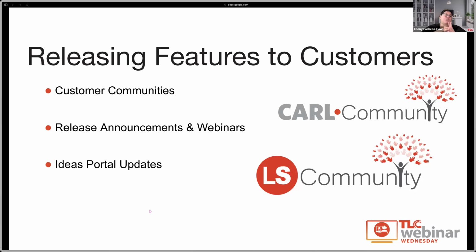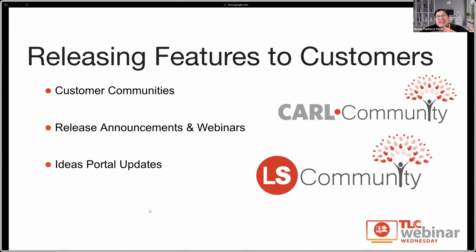Both of these will have access to blog posts that come from our product team members, from our marketing team members. You will see some launch marketing ideas. You will see some sneak peeks of functionality that will be coming in the next release in our LS community. In Carl community, you'll have access to see some of those roundtables, recordings of sneak peeks and things like that, all available within those communities. When we have releases ready, that's where you can see release announcements that will go out or be posted. You also have access to release notes and things that are coming within those releases overall.